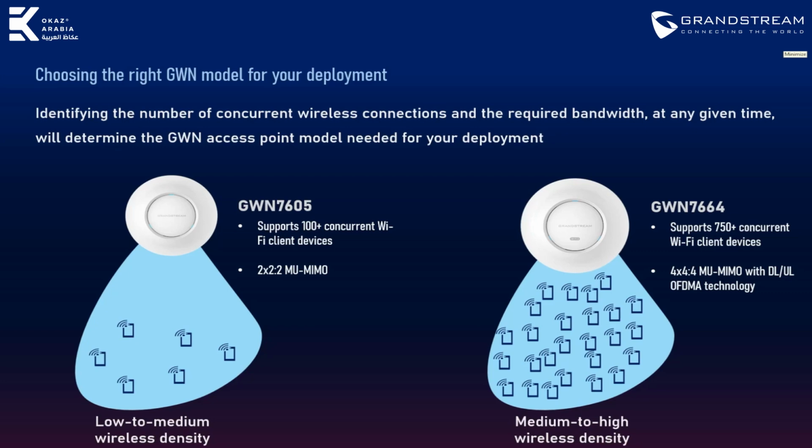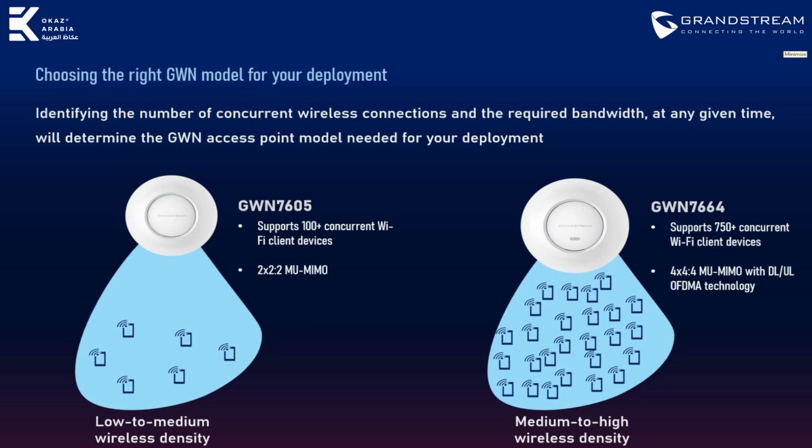Identifying the number of concurrent wireless connections and the required bandwidth, at any given time, will determine the GWN access point model needed for your deployment. Grandstream offers a wide range of access points designed to meet the needs of low to high density wireless environments. For example, GWN7605 is designed for small to medium user density, while GWN7664 is ideal for medium to